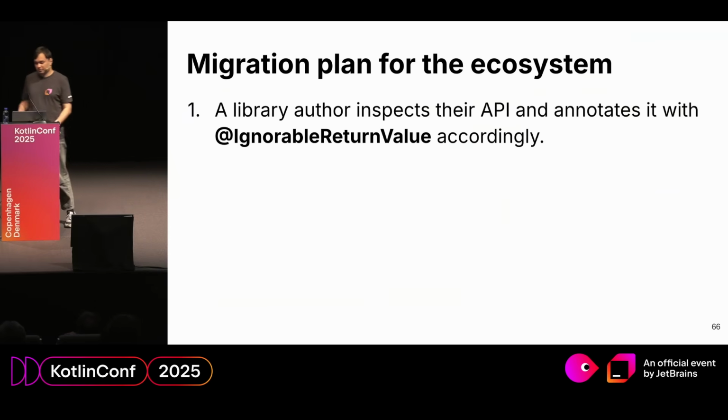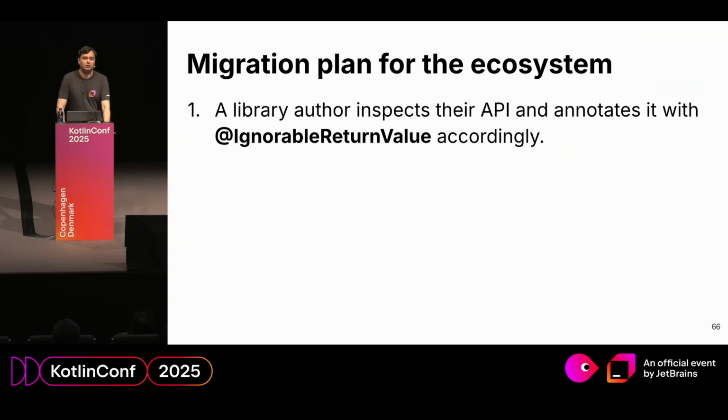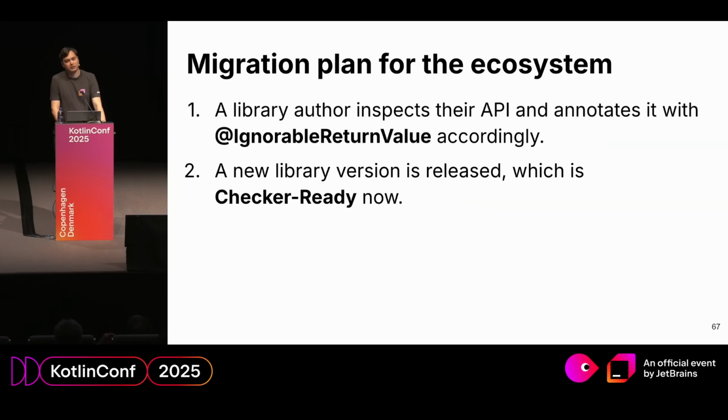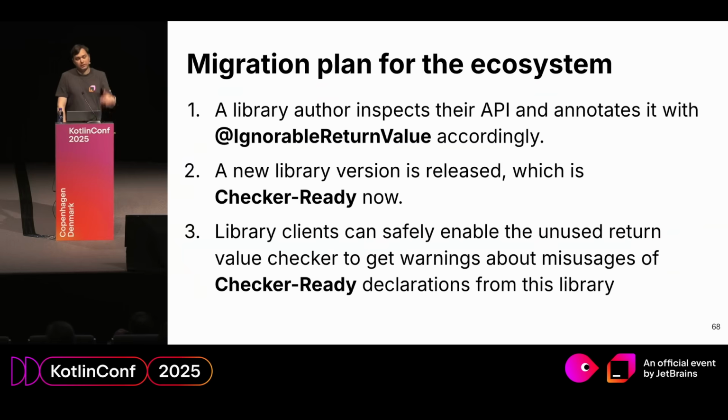So by using this switch, we can draft up the migration plan for the whole ecosystem. The first step is that a library author inspects their API and annotates it with the ignorable return value accordingly. The second step, they release a new version of the library, which is checker-ready now. Then the library clients can safely enable the unused return value checker to get warnings about misusages of checker-ready declarations